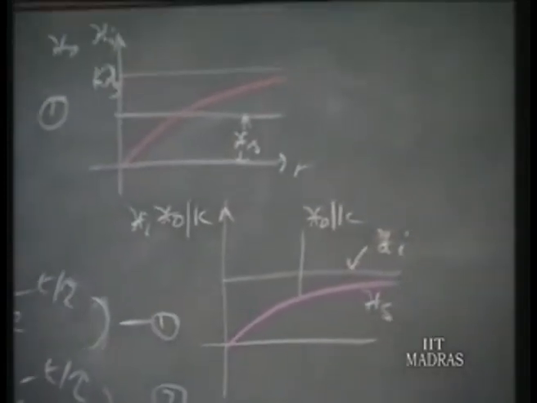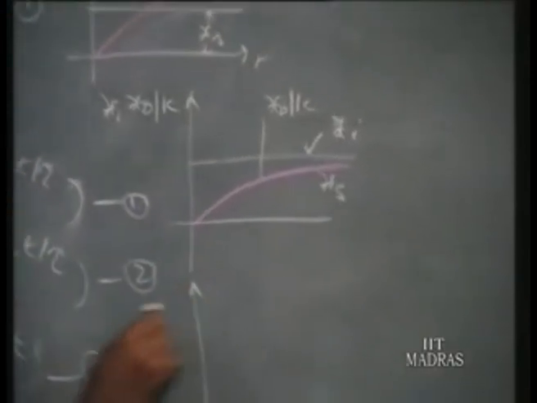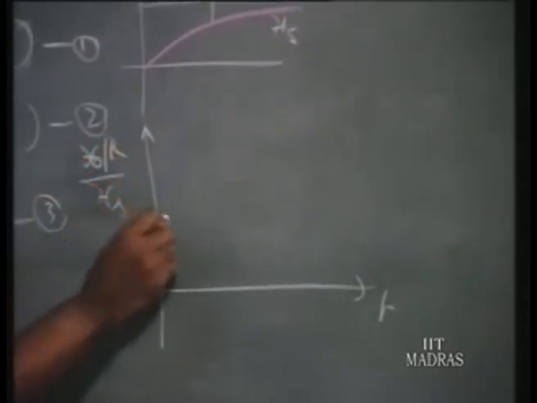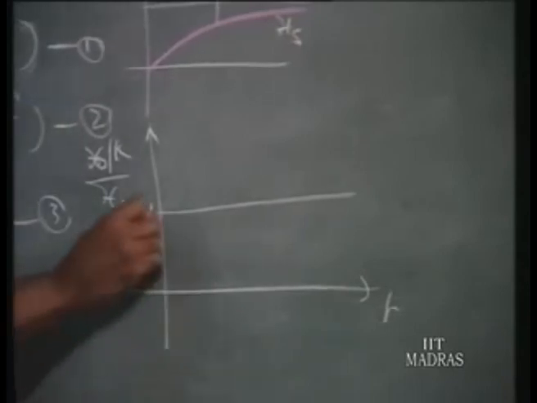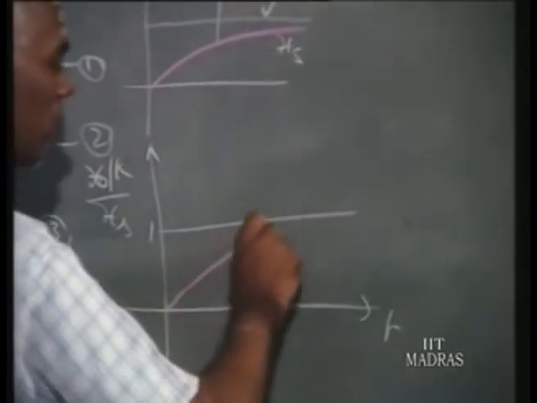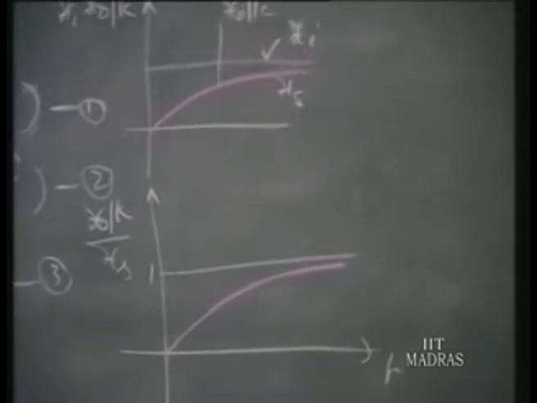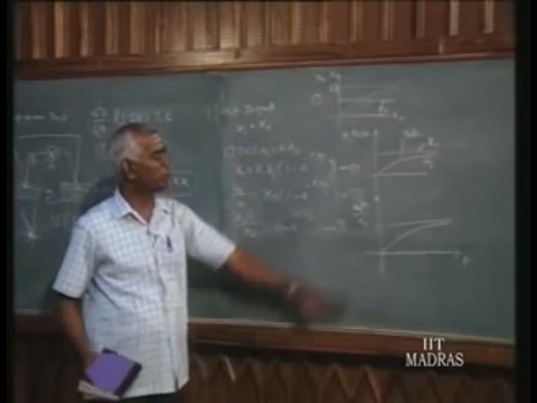Similarly, if we plot the third equation, it is non-dimensional: t is the x axis, and the y axis is the non-dimensional Xo by K by Xs. Then the infinite value will be 1. When t is equal to infinity, this ratio becomes 1. So we find the same equation written in different ways mathematically. Mathematically all are equal, but in measurements you will find they represent different graphs.